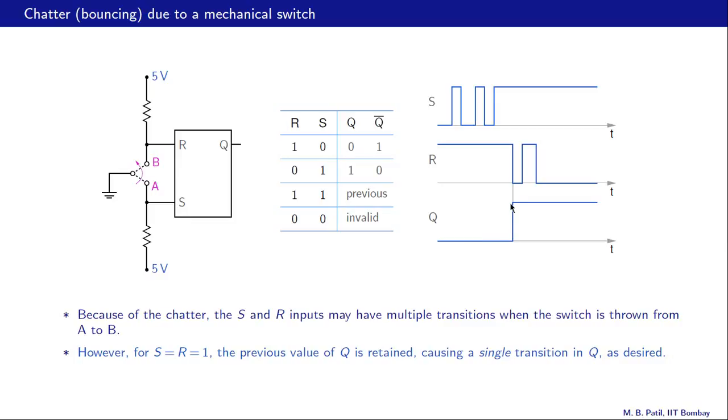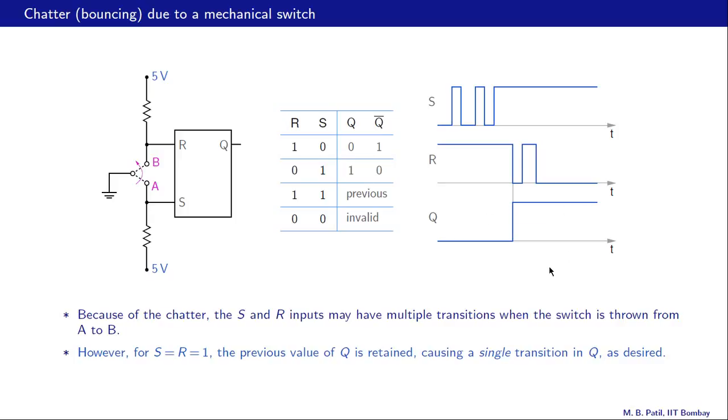At this point, R changes from 1 to 0. S has already reached its final destination, that is S equal to 1. So in this interval, we have R equal to 0, S equal to 1, so Q will become 1. So Q will go from 0 to 1 here. And now in this interval, R has changed again to 1. So we have S equal to 1, R equal to 1. But Q will now hold its previous value, which is Q equal to 1. So therefore Q does not change. And finally, we have S equal to 1, R equal to 0, and Q remains equal to 1,